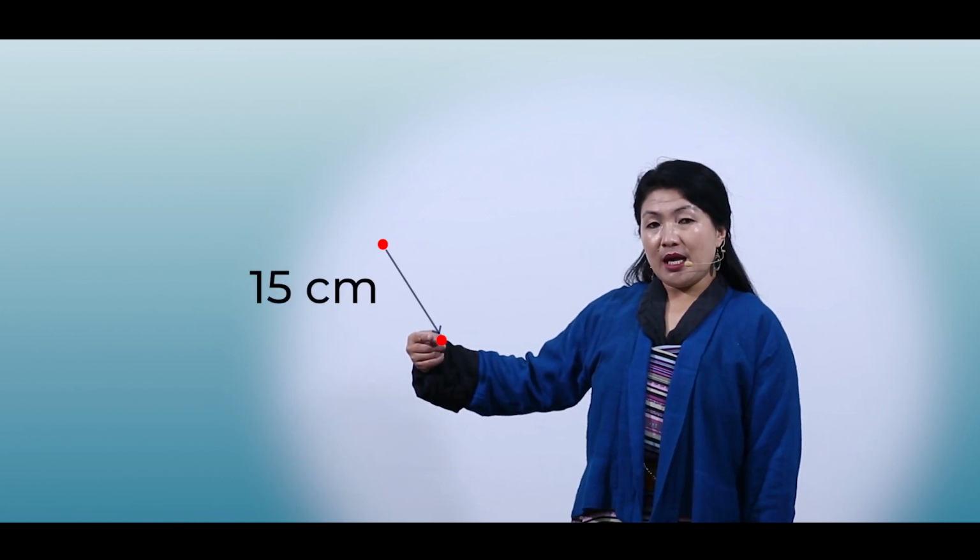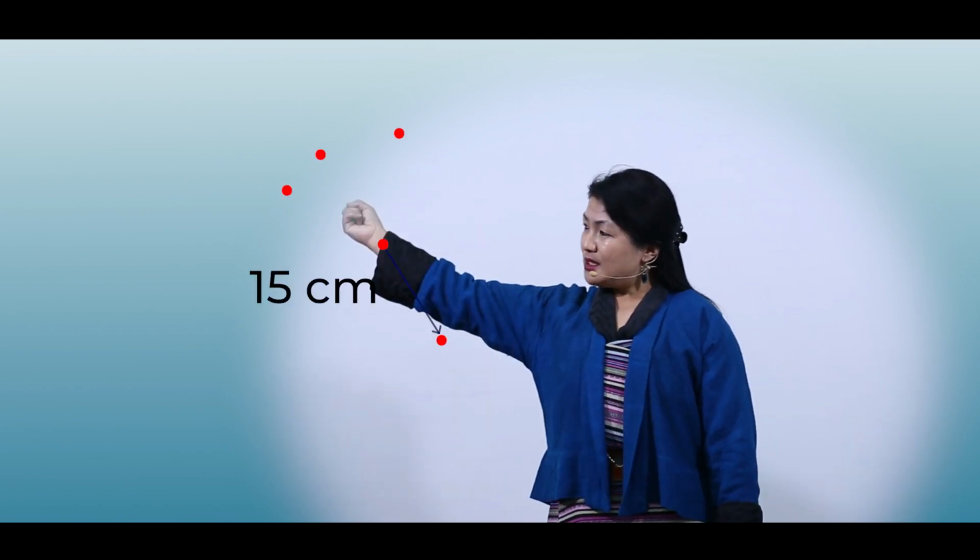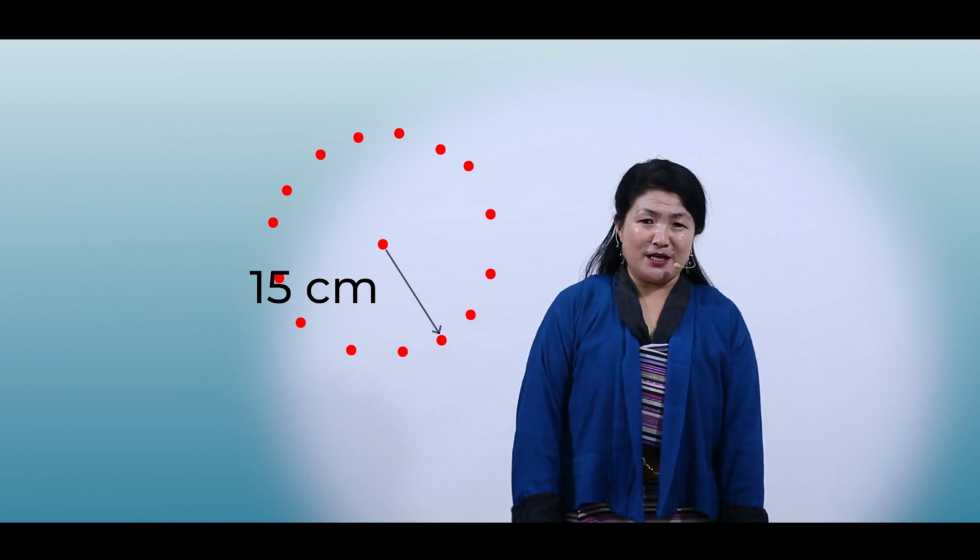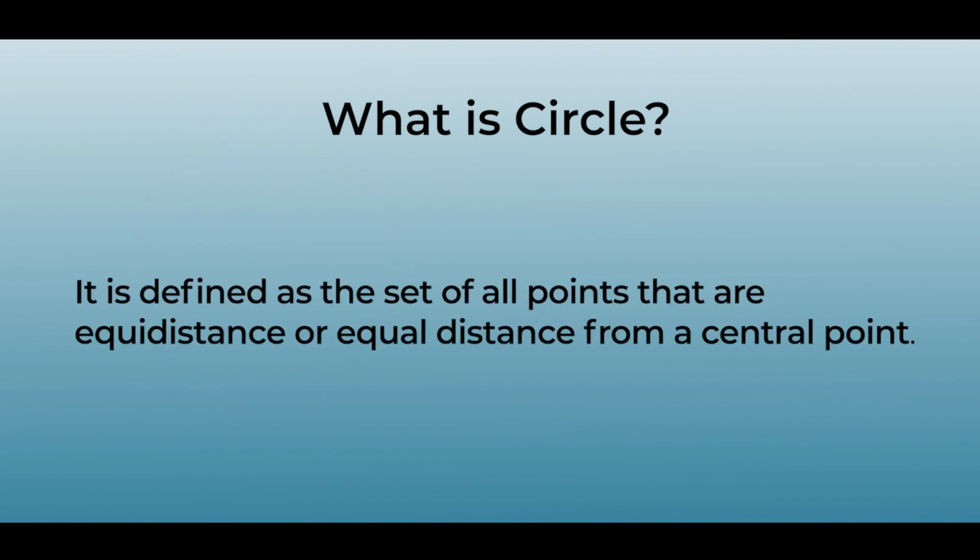Let's say we will define a circle. I have a point here, and the next point, which is 15 centimeters away. One point here, another point. Oh, lots of points here. The more points at a good distance we add, the more likely it is to become a circle. That's why we say a circle is defined by a set of dots which are equal distance away from the center point. So that is the circle in mathematics.